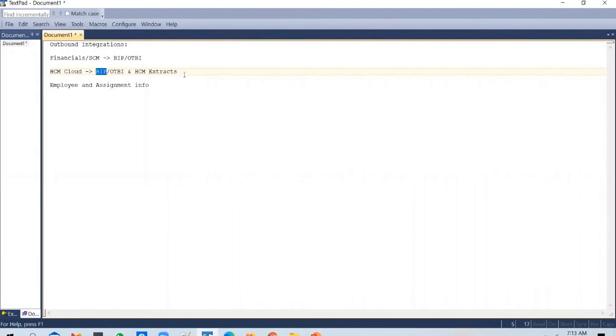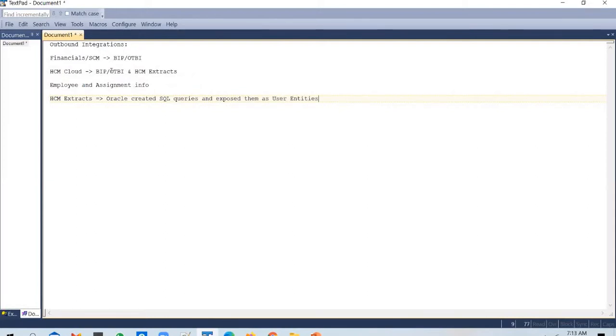So what Oracle did is, in HCM extracts, Oracle created SQL queries and exposed them as user entities.